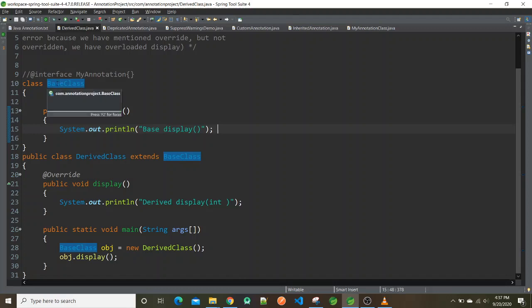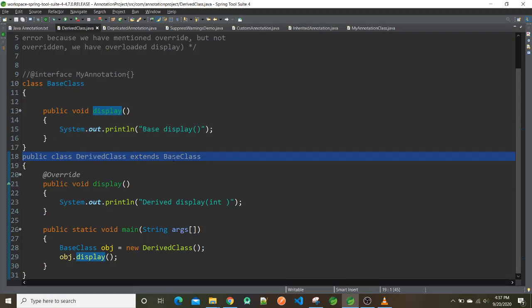So I have taken one base class which has display method and it is displaying base display, and there is derived class which is extending a base class, and it is overriding the display method and displaying the output as derived display int.